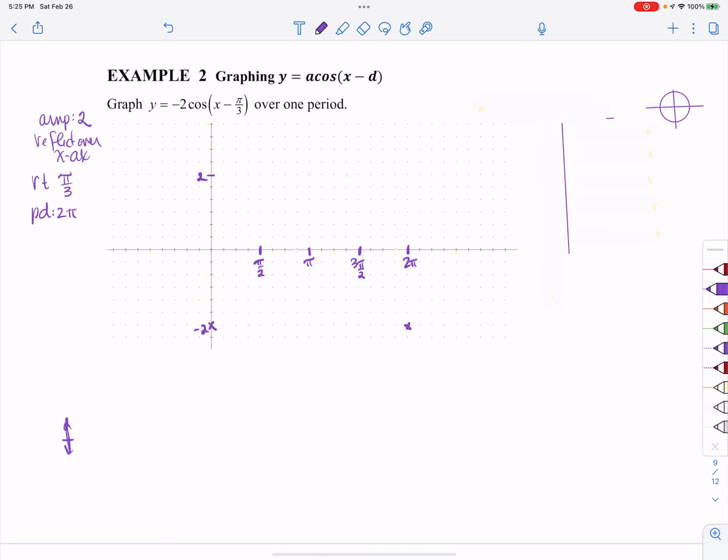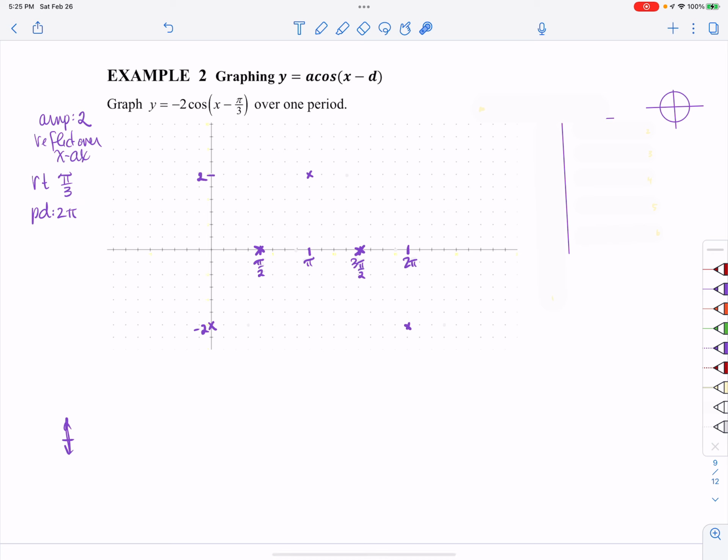And I'm going to change this to an x. Sometimes I'll do an x for all of my 5 original values and then a dot for my shifted values. It just kind of depends. The middle value is going to be a maximum. The 2 quarters are going to be x-intercepts. And so now I have my 5 major values, and I need to take each one of those and shift